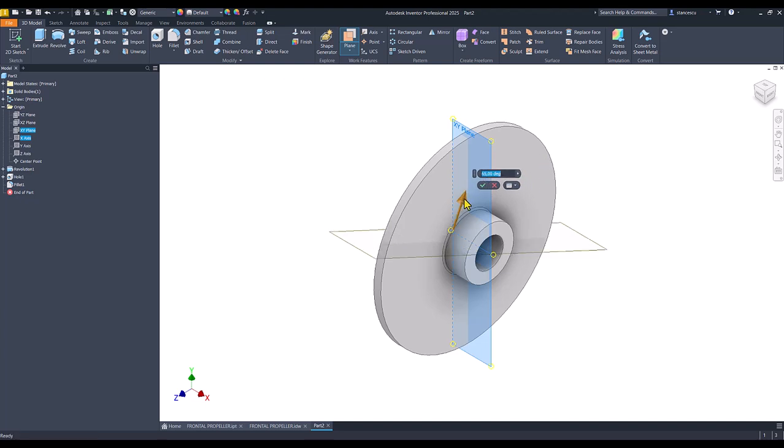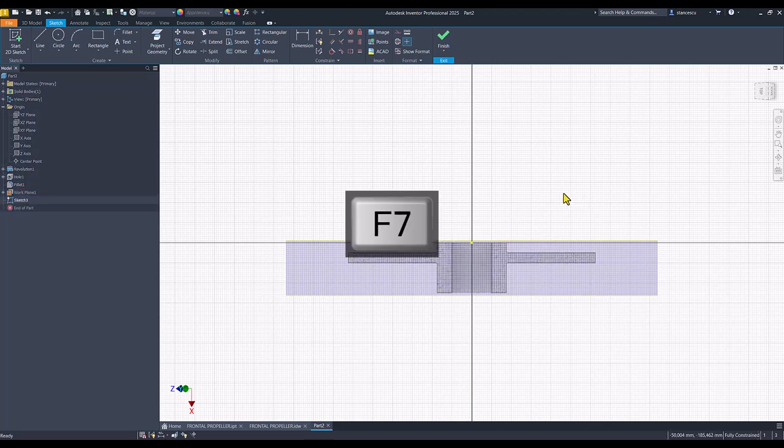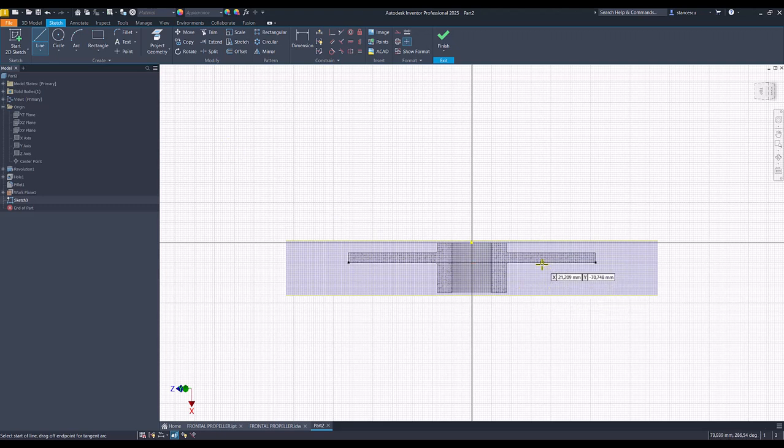We have to place here 60 degrees. Yes. We use this plane for a new sketch. F7, and we start from this line down,